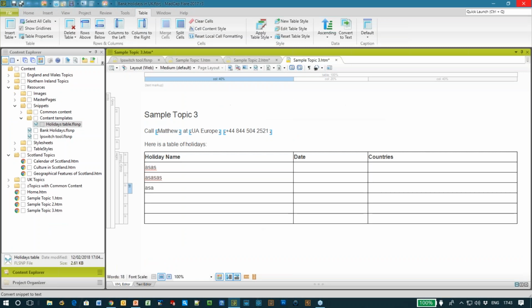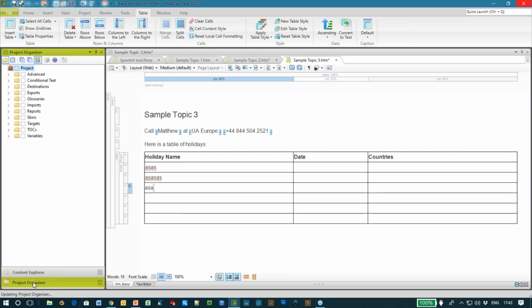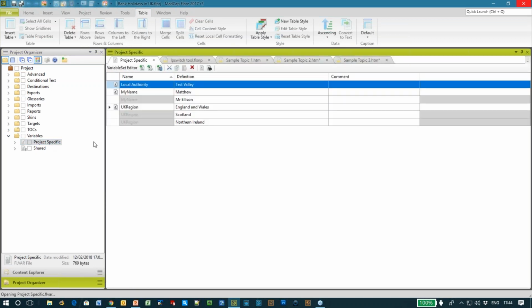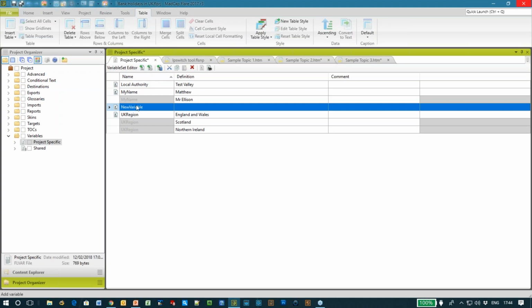The way you do that in Flare is we work in our variable file. So I'm just going to open up my project-specific variable file. Why don't I go ahead and create a standard text variable. These are the 3 buttons I was talking about. So the button on the left is for a standard text variable. Let's go for a phone number variable. And what I might do is put in the UK phone number, which would be a +44 number.